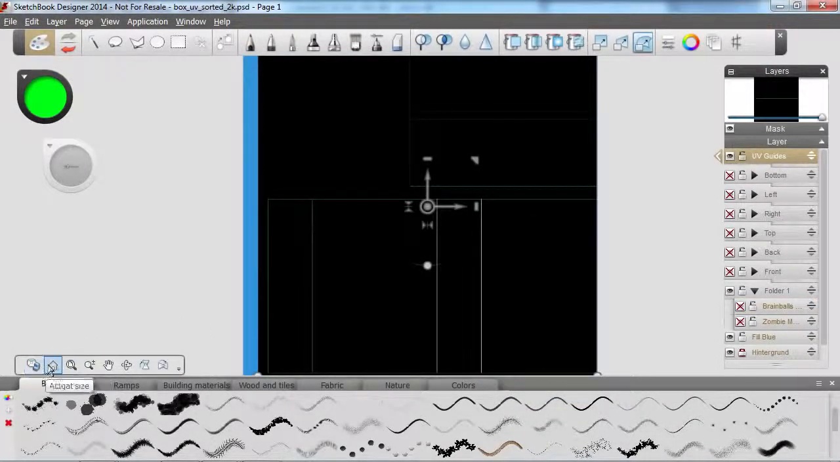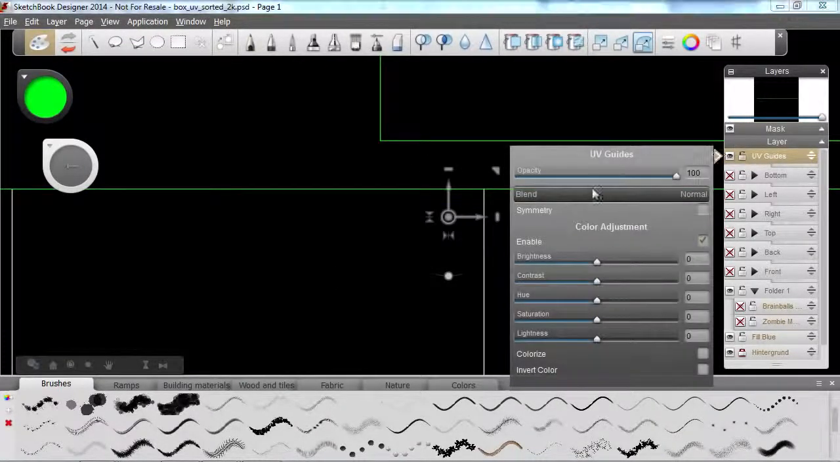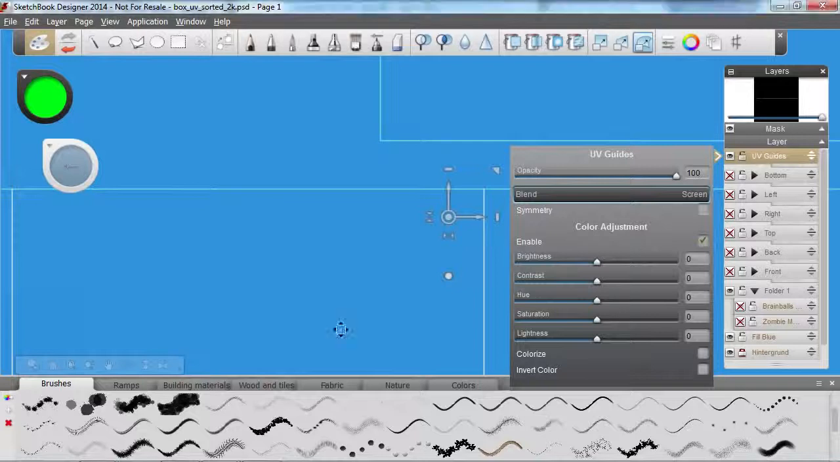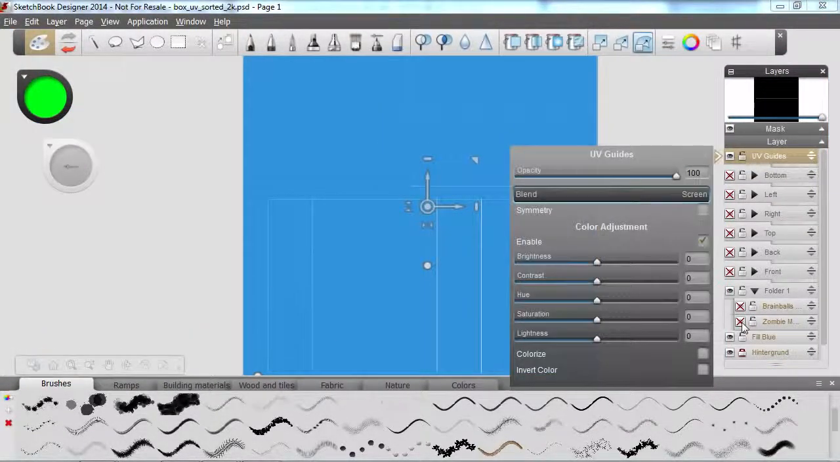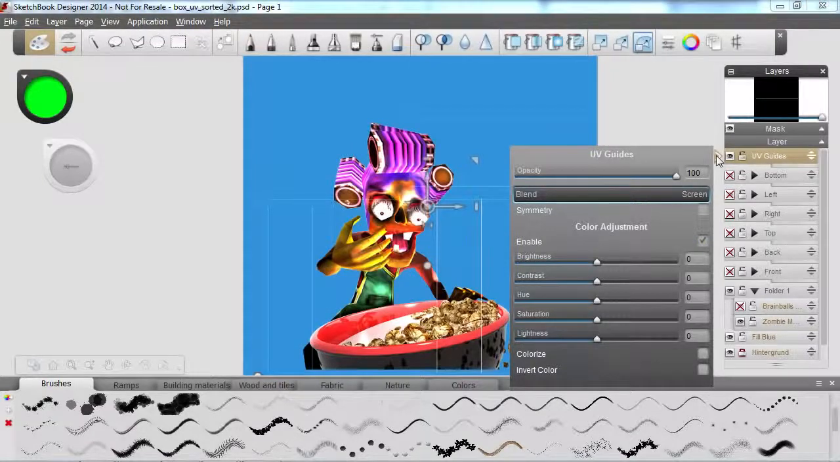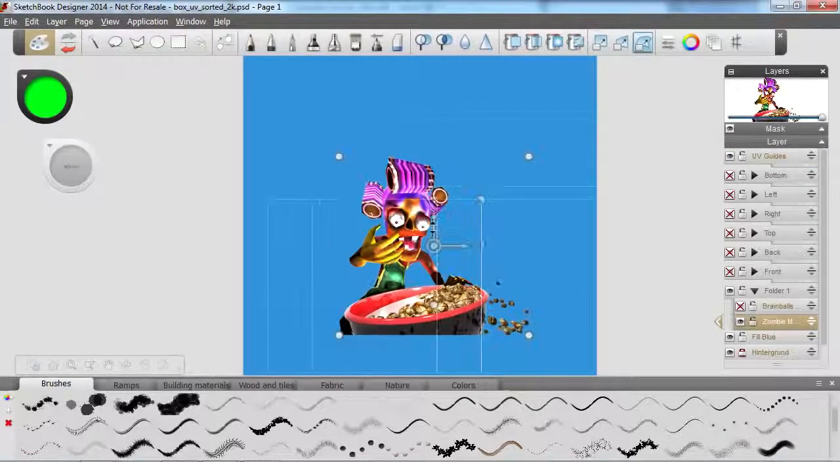Here I got the UV coordinates. It's a slightly different layout to what we've done in 3ds Max previously, but this is the one I've been using to actually generate the prototype itself. So I've just changed the blend mode. Here's our zombie lady, who can be scaled and adjusted